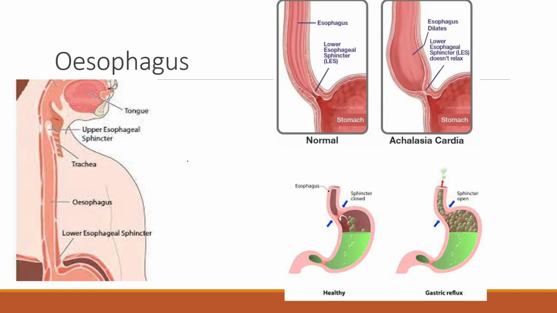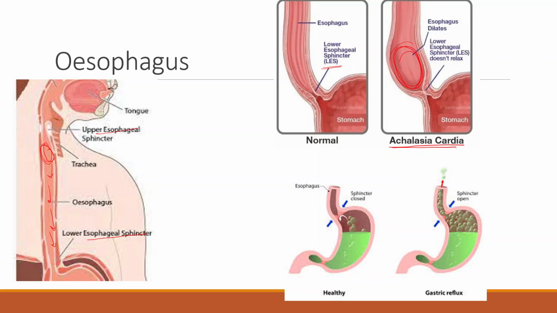Then esophagus, if we see, food comes into the esophagus, having two sphincters, upper esophageal sphincter and lower esophageal sphincter, right? So there is peristalsis present in esophagus, and the bolus, when it comes here, is passed downward towards the stomach using peristalsis, right? So this is a lower esophageal sphincter, and this is an applied part of lower esophageal sphincter when this sphincter doesn't open, right? So achalasia cardia is the problem. When this doesn't open, the food collects here and the esophagus dilates, right?